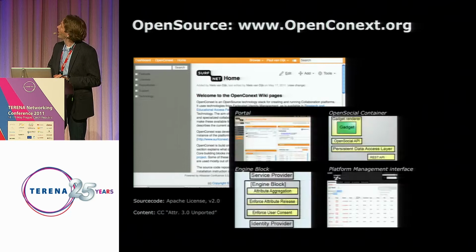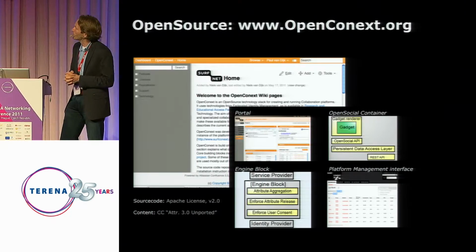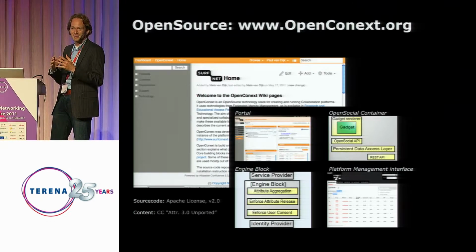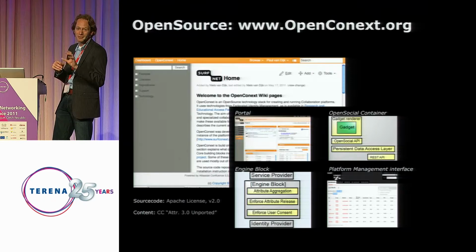So the components that you will find in here are, for example, this Open Social portal, and for the near future we will extend this portal together with some other partners in the Netherlands and from abroad in an Apache incubator project. But the code that's available now, based on what you have seen in the demonstration, is available via